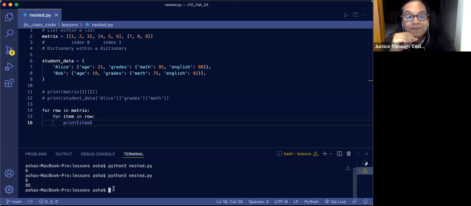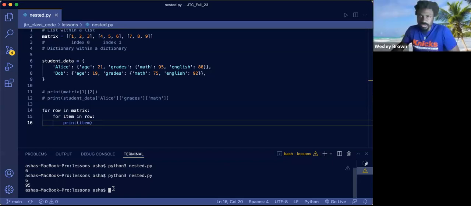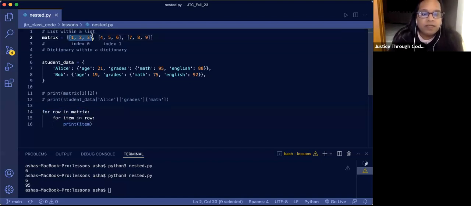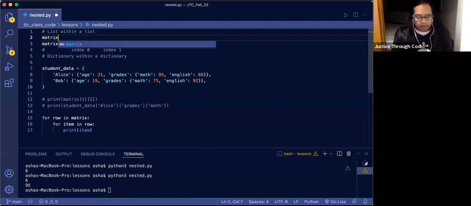I'm printing the item. It will print all the numbers, but it will print them all like one, and then another line will print 2, another line 3, and so forth. Exactly. Because you're looping, you'll receive this print statement on a new line each time. So yes, it's starting on the outside. So this is your first iteration. It's the full list, right? Because that's your first object. Think about this if it was just a simple list, right? So if I do matrix 1 equals,